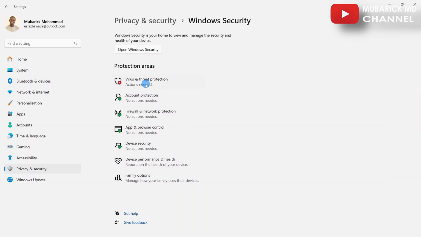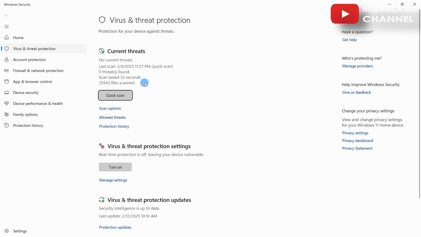As you can currently see, the Virus and threat protection is off, so I've been prompted that action is needed. When I tap on it, I have to make sure that everything I toggled off in the past, I need to toggle on. So with the Virus and threat protection, I need to make sure that this is turned on, and then scroll